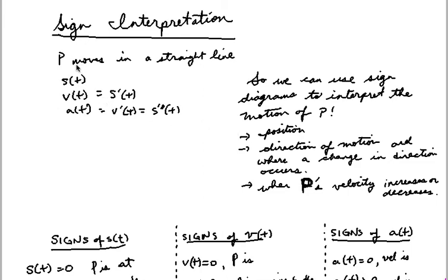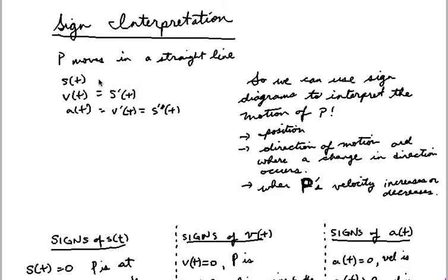So now that we know that displacement, velocity, and acceleration are all related to each other by calculus, by derivatives, okay? V of t is the derivative of s of t, a of t is the derivative of v of t, and the double derivative of s of t. Now that we know that, let's interpret